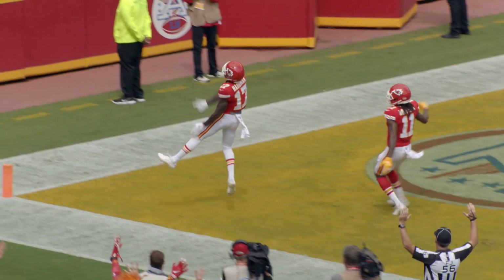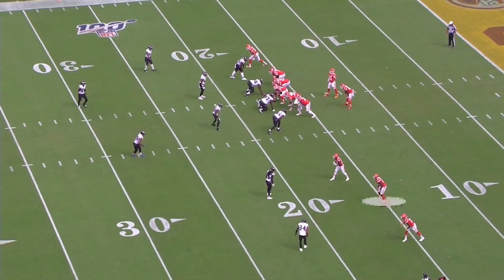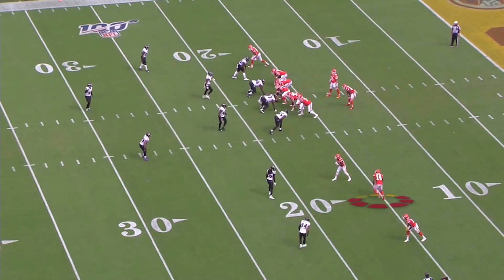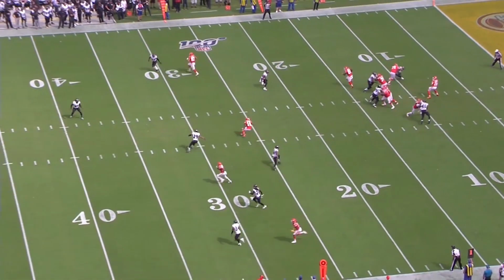I saw what you did there with the name. You know, they get into this trip set and then they motion down. So anytime you motion somebody, you're trying to gather information and you're trying to gather attention. They motion the receiver down, Sammy Watkins. He's going to get that safety to sit on it just for a second, and McCole Hardman goes down the